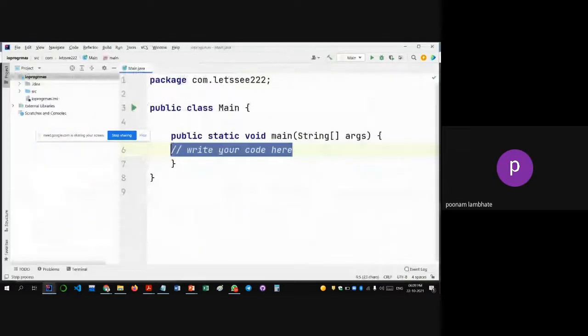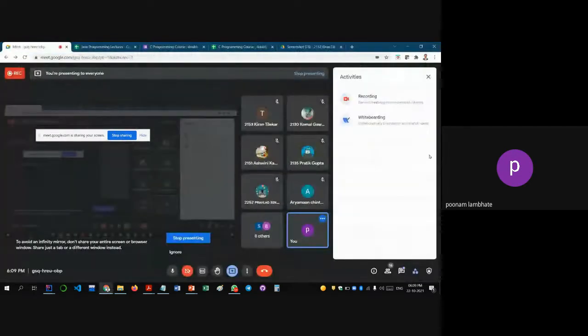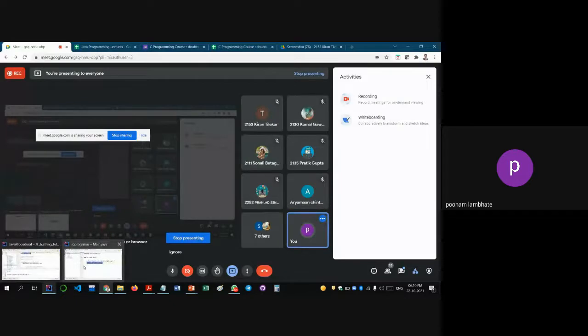So any other doubts anyone has? Excuse me. Yes. Can you tell how to check if someone else has also filled the form? Okay. Yes, you were saying something, Sonali. How to check if the given number is an integer or not? Yeah, I had told you I'll solve that. Okay. Yeah. So